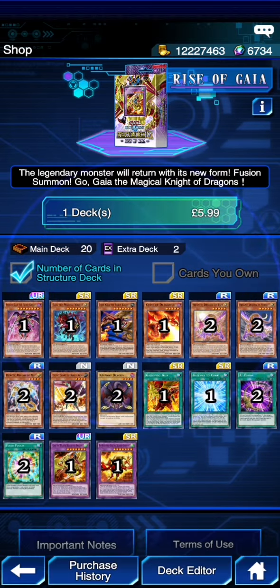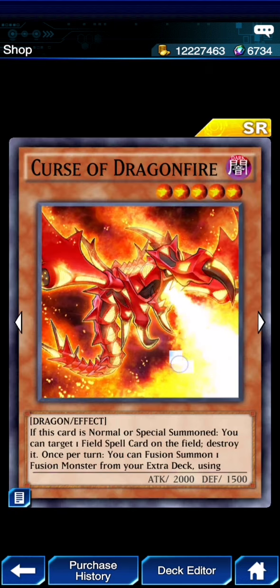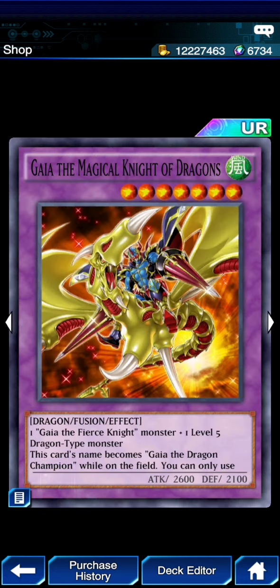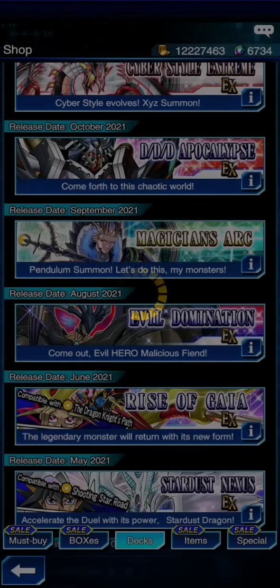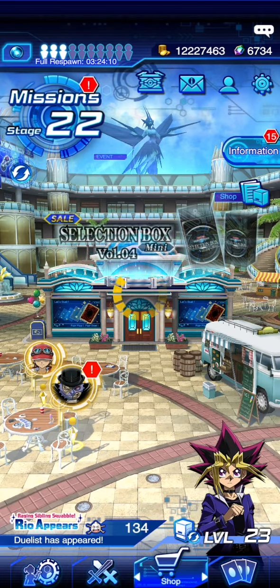this little starter deck, because, well, you don't need that. You get your Gaia the Magical Knight in there, you get your Curse of Dragonfire, you get your Gateway to Chaos and your Galloping Gaia, and you also get your Gaia the Magical Knight of Dragons. So the only things that you don't get are the Gravekeeper's Vassal and the Union Attack, as well as...